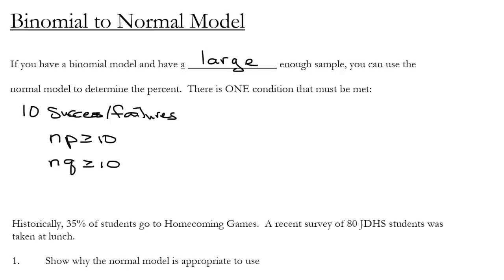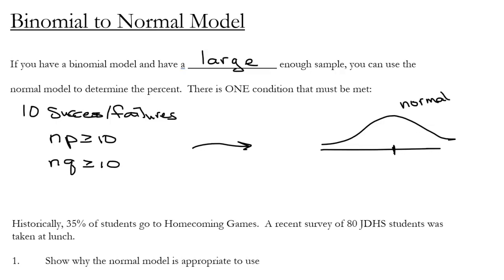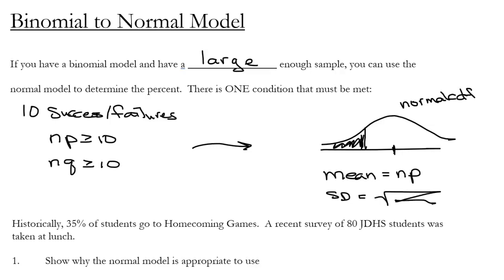If you do that, then you'll draw your normal model, right? You'll use normal CDF, and this is all stuff that we learned way back in chapter 5. Okay, so you'll go 2nd vars, normal CDF, and you'll have to remember this is where we draw the line and shade. Your formulas for mean and standard deviation are exactly the same as binomial. So the mean is np, and the standard deviation is